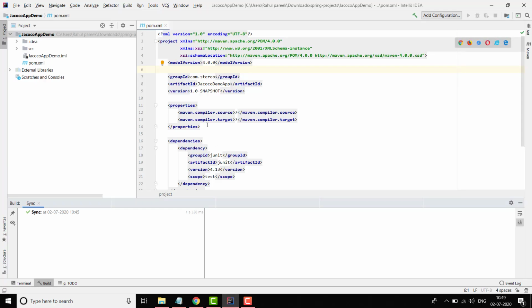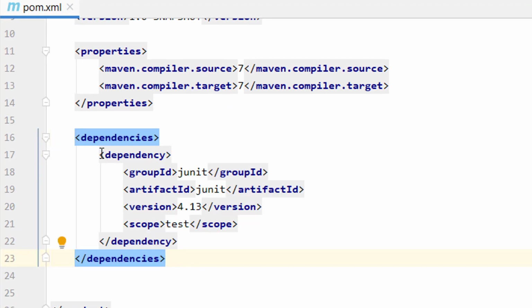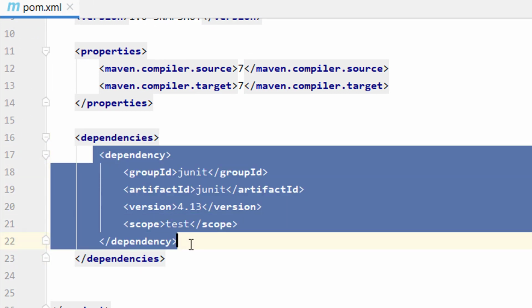So let us create a test project in which we will see how we can configure Jacoco in our project and view the reports which are provided by Jacoco of the code coverage. Here I have created this simple Maven project and I have this pom.xml. There is only one dependency I have provided here, the JUnit dependency, to implement the test cases.